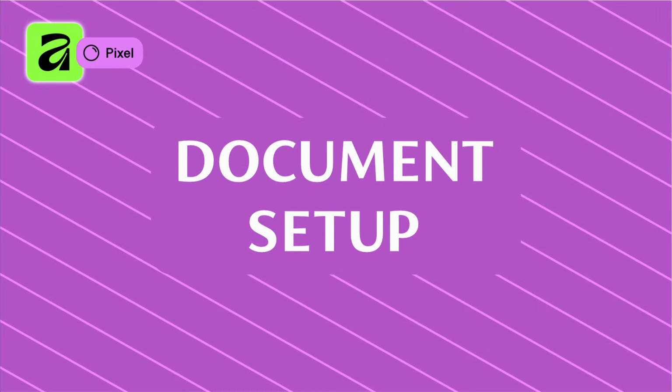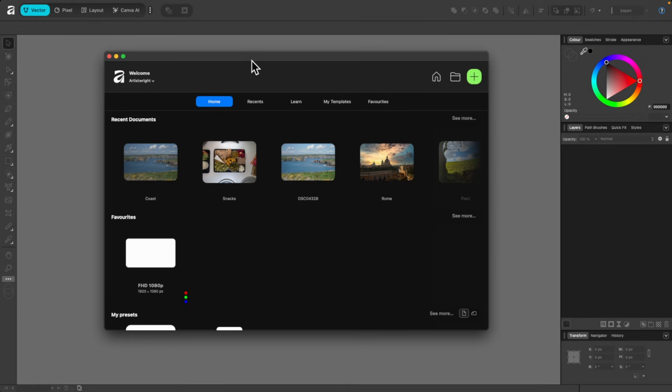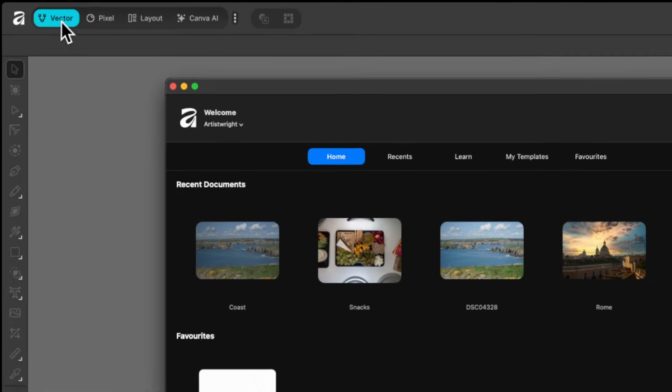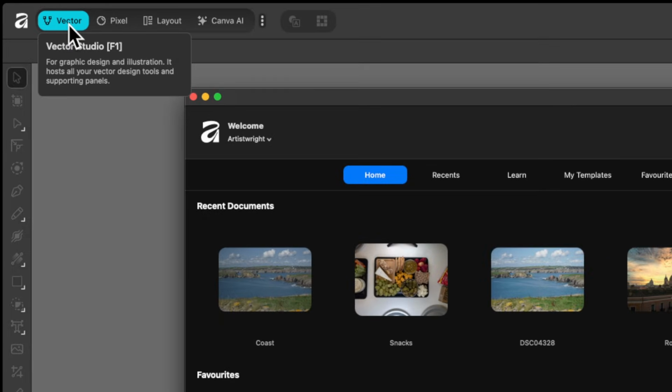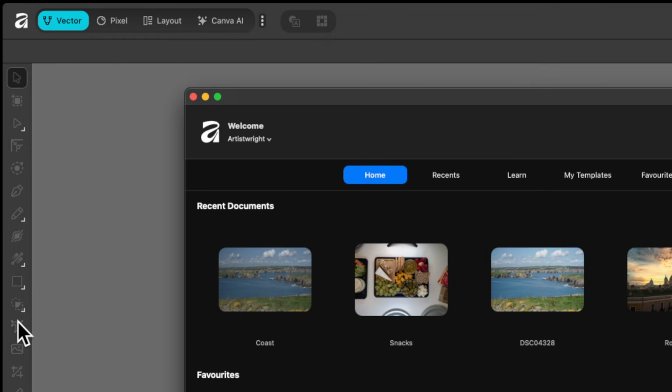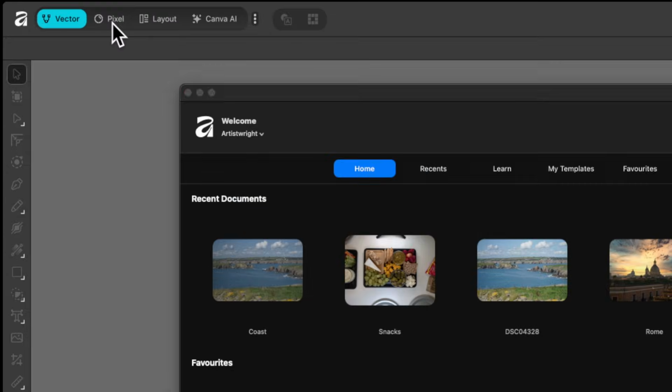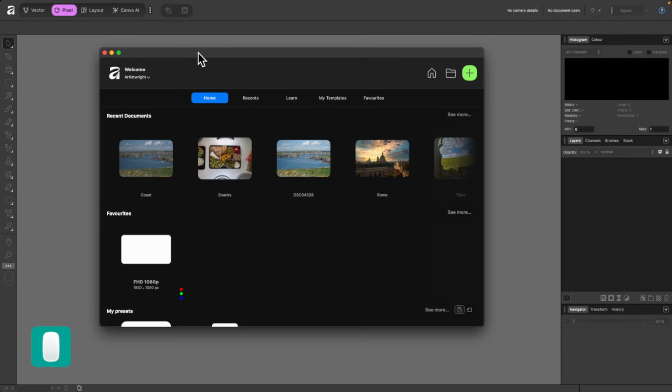Let's begin. So you've just opened up Affinity version 3 and you're greeted with this welcome screen. Now this welcome screen is exactly the same one that was in my previous tutorial called Beginner's Guide to Affinity version 3 Vector Studio. And this is the Vector Studio at the top left there. If you haven't seen it, go ahead and watch it. This is where I teach you how to use the Vector Studio, how to use the tools and all of that. But in this tutorial, we're going to be concentrating on the Pixel Studio. And that's a great place to start editing photos or creating your digital art, think painting and drawing.